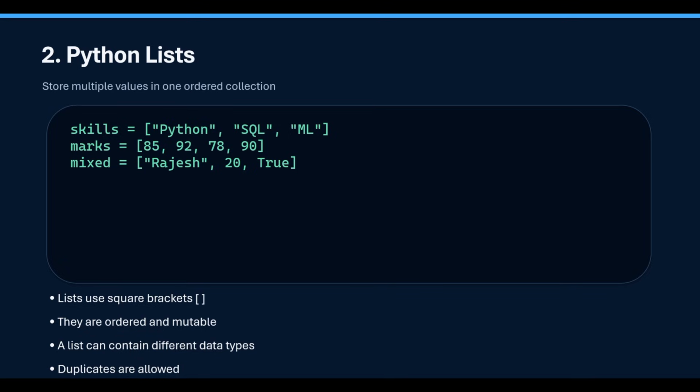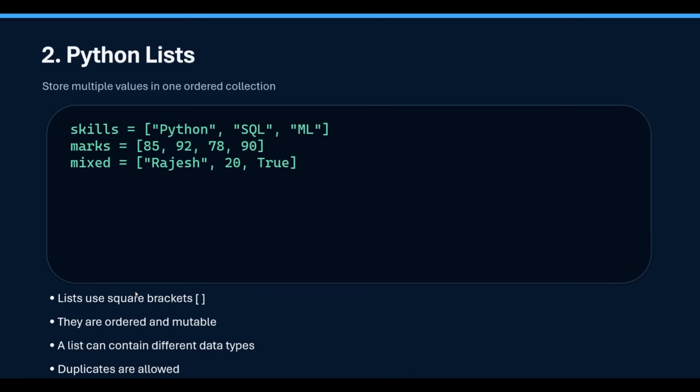So lists are nothing but a set of elements inside square brackets. In this example, we have skills equal to the square brackets. Inside that, elements like Python, SQL, and ML are the elements of the list. And we have this marks example also, in which we have stored a number list, and we have this mixed example also, where we have stored a mixed type of list. These are some examples of lists where the elements were enclosed in between these